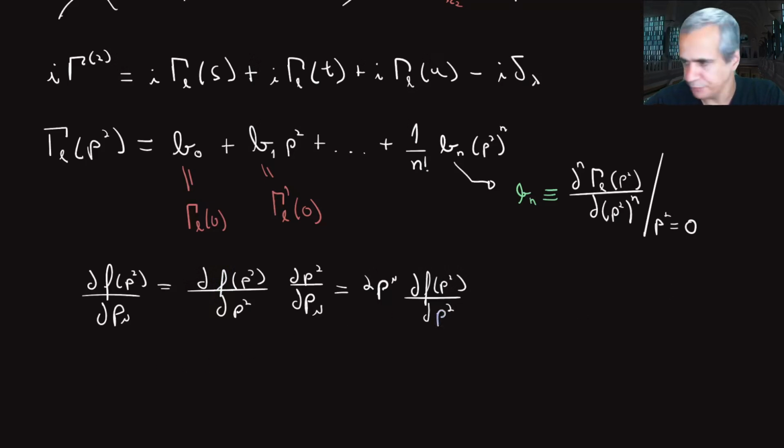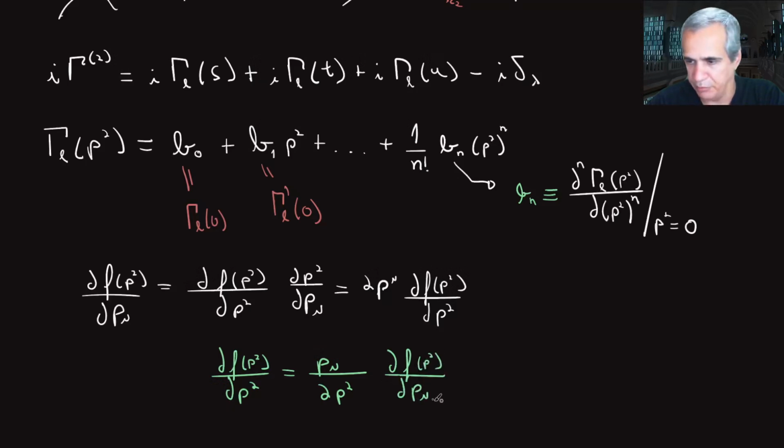Which means, and that's what we want to use, that del f of p squared over del p squared is equal to p mu over 2p squared contracted with del f of p squared